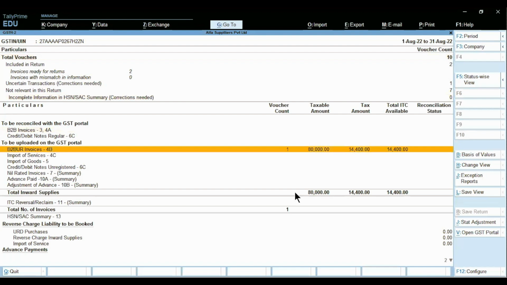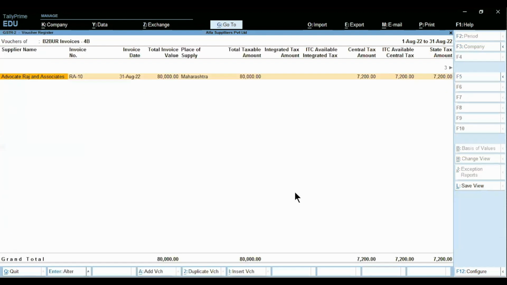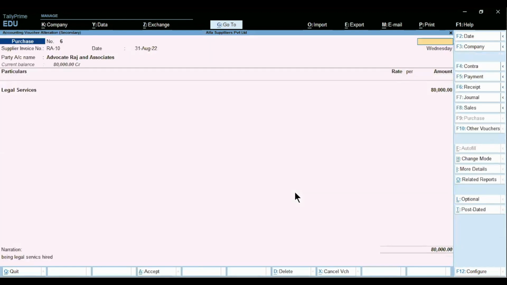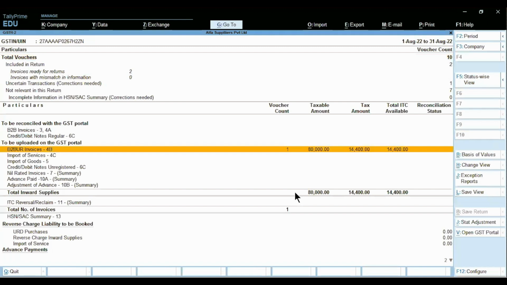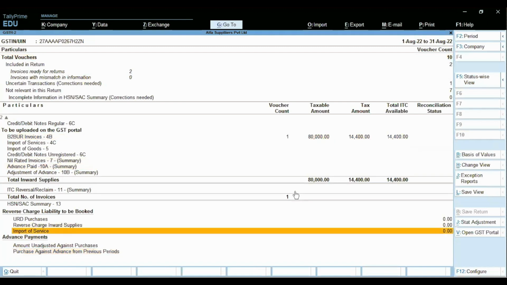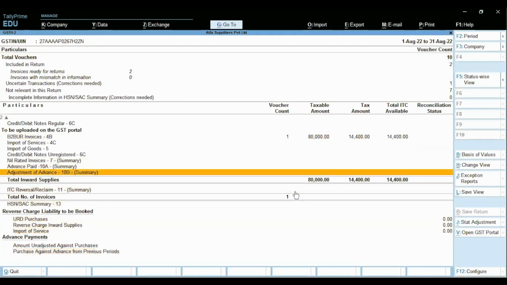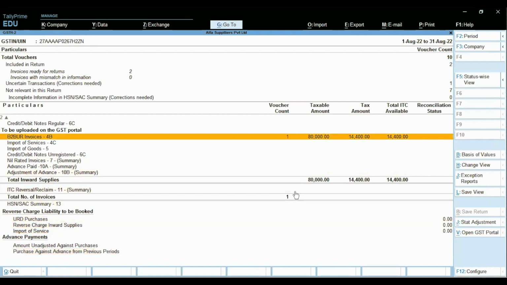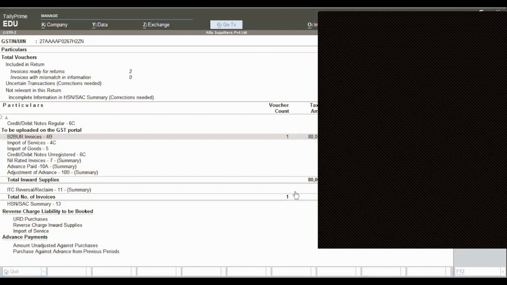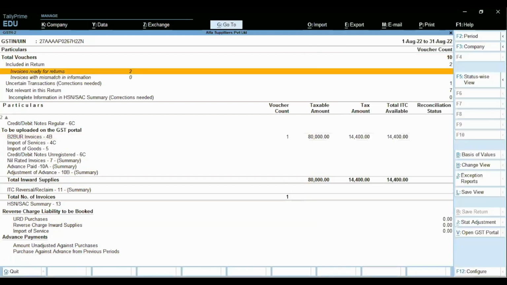Now available ITC is 14,400. So this ITC is available now and everything else is empty now. So available ITC is 14,400. This is how the RCM transactions are entered through